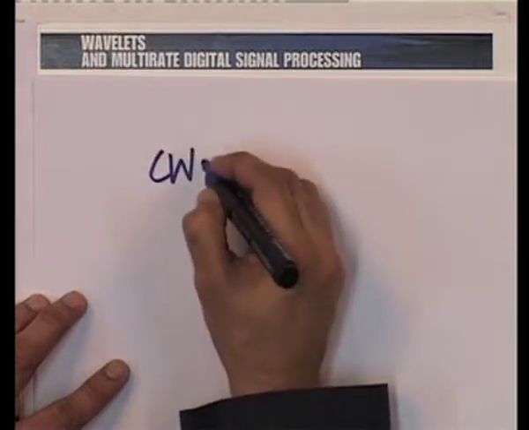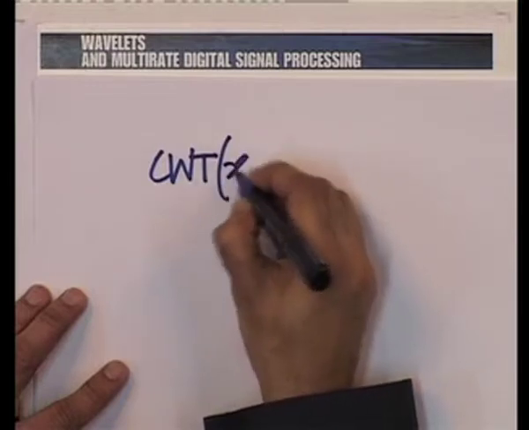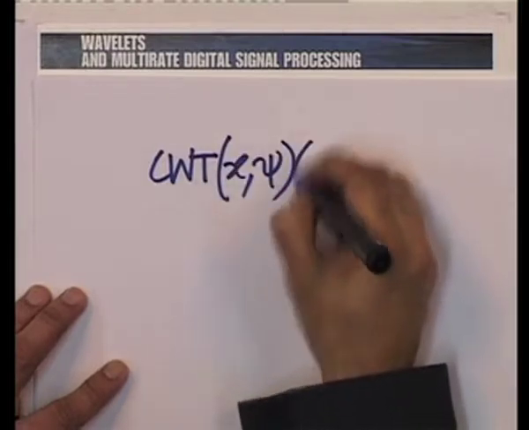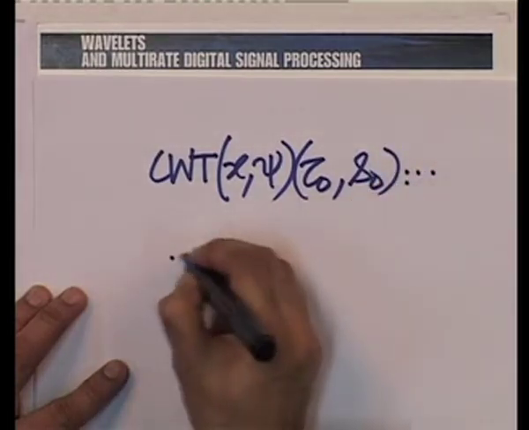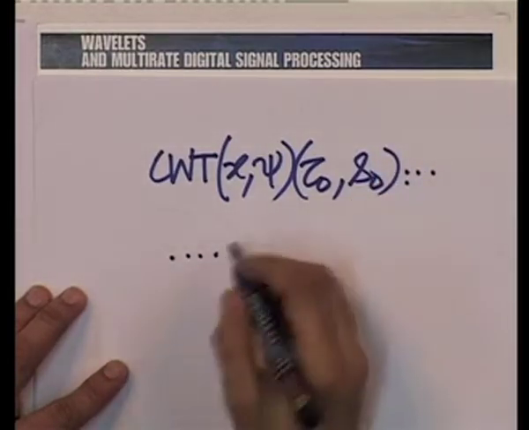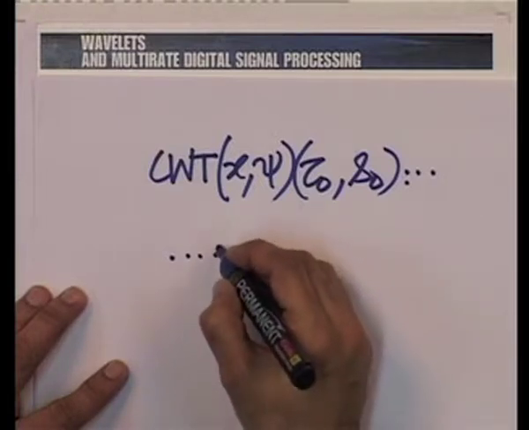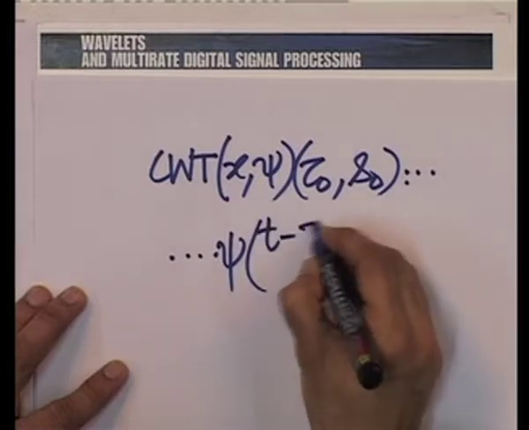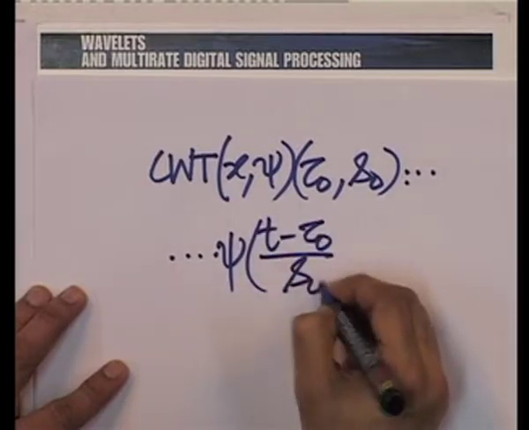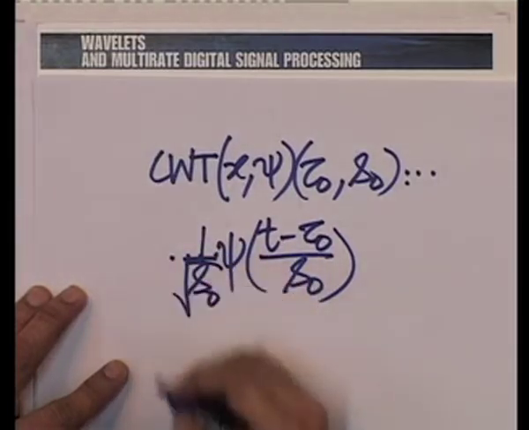So, before we write the triple integral, we will first just write down this CWT x psi tau naught S naught, multiply this by the unit vector, so to speak, but as I said, with a weighting factor. So, the vector in that direction is psi of (t minus tau naught) by S naught, and we agreed that we must normalize this. So, 1 by the square root of S naught,